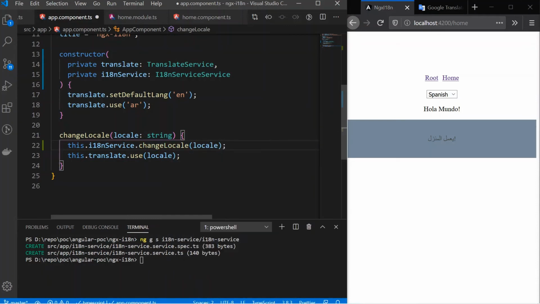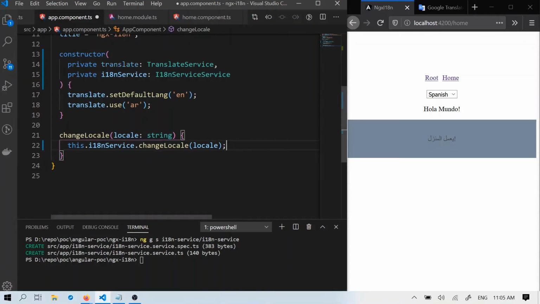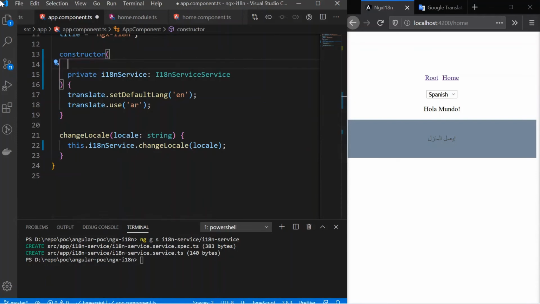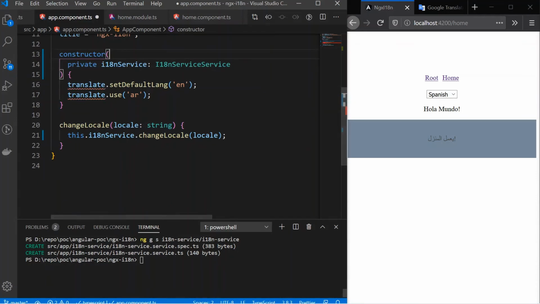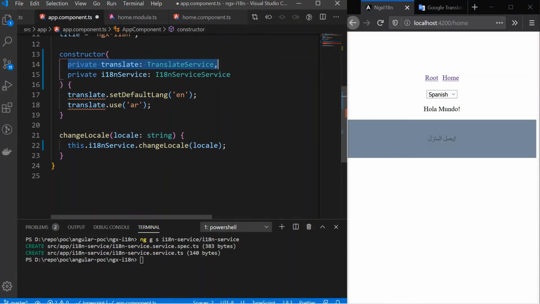So we can get rid of this from here and also from here. So we can keep it here but not the private part. So you can remove that and optimize your code properly using just the service.